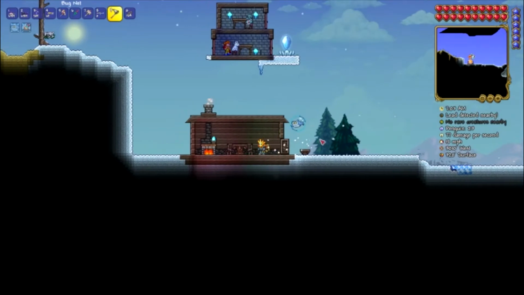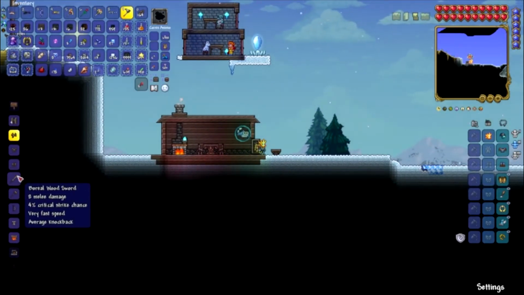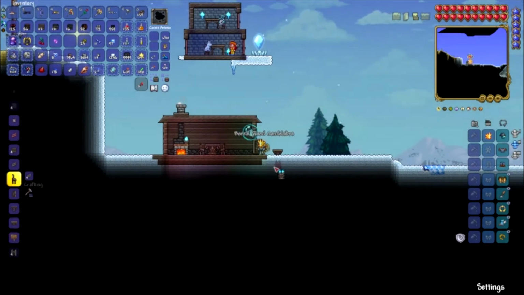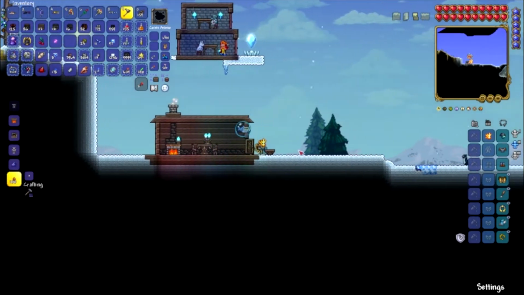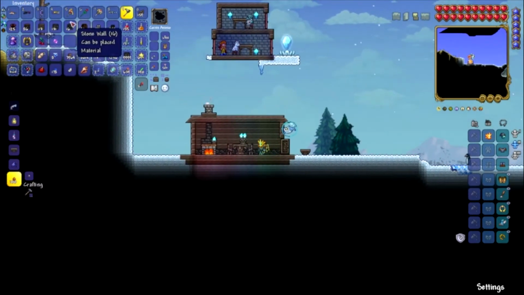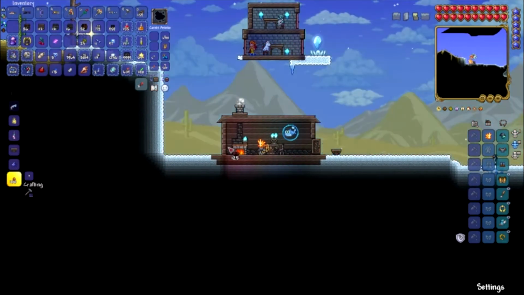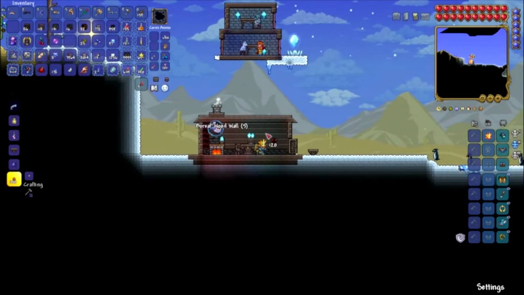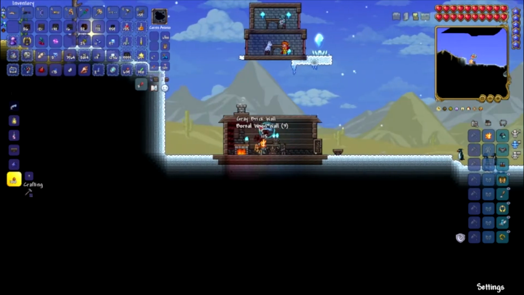So let's come over here. I actually would like to get a candelabra and put that on the table as well. So I'm thinking, let's try the rich mahogany wall first. So that looks much more log cabin-esque,